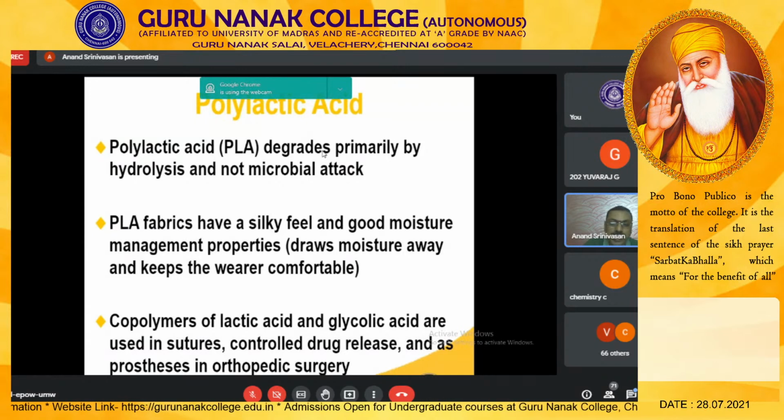In fact, the contact angle is greater than 80. So this can be used as a hydrophobic material, and that is also another reason why we used polylactic acid for industrial products. And you can also make copolymers of lactic acid and glycolic acid. That is going to offer you a unique combination of properties, and especially finds application in healthcare, like orthopedic